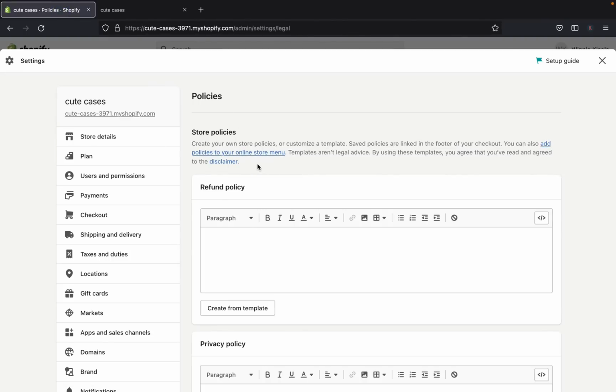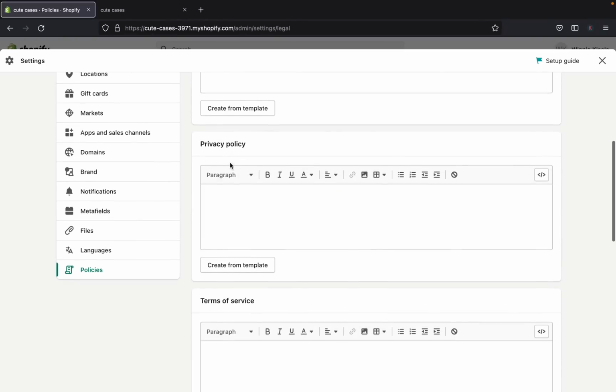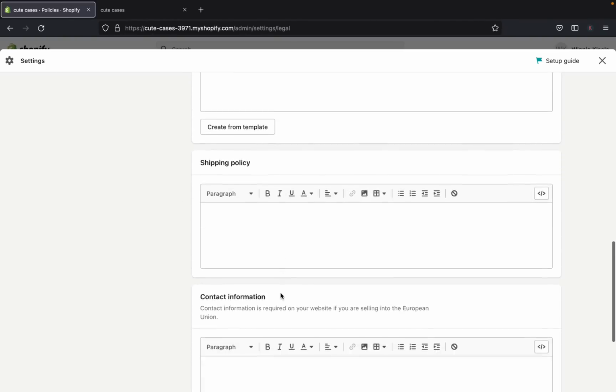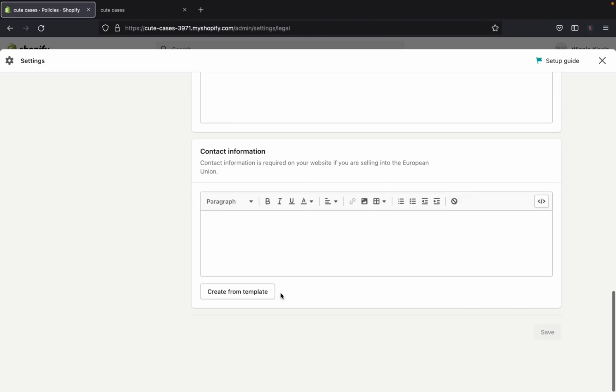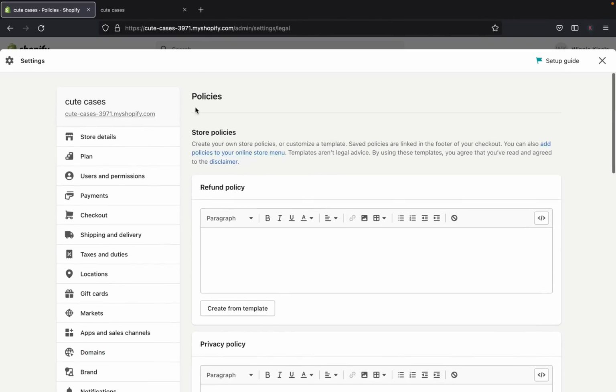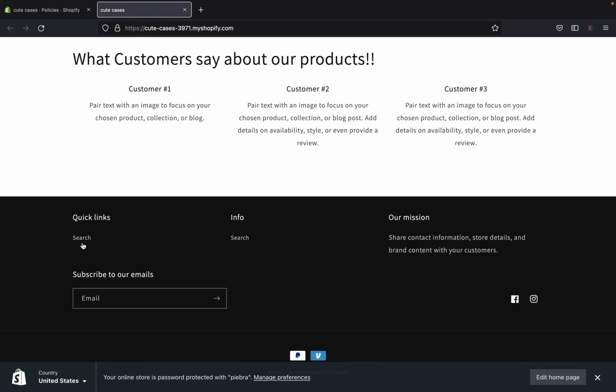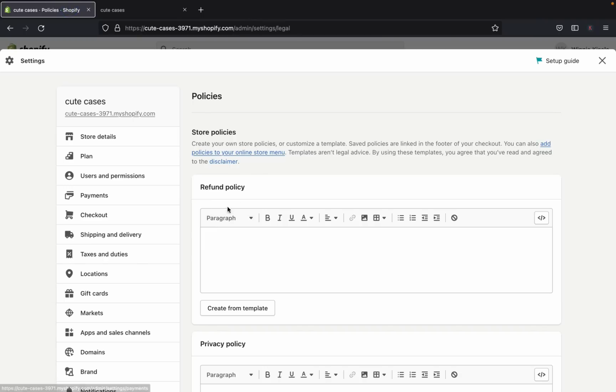And over here Shopify has a template for you. There is a refund policy, privacy policy, terms of service, and shipping policy, as well as contact information. By default Shopify has a search, which is going to be on your footer menu. So by default Shopify has that. So what we are going to do, we are going to start creating a refund policy. First, you can do this by